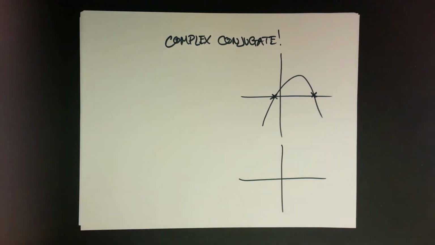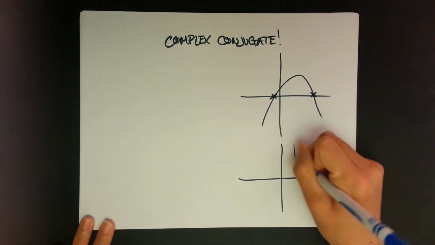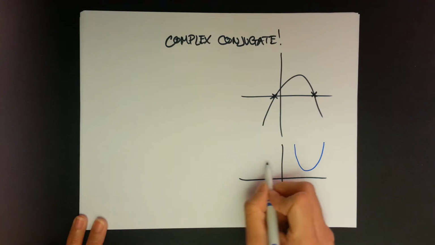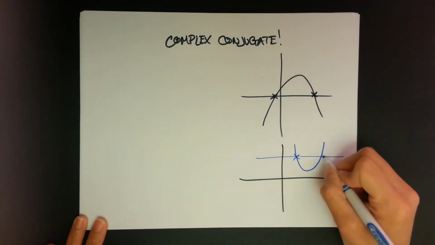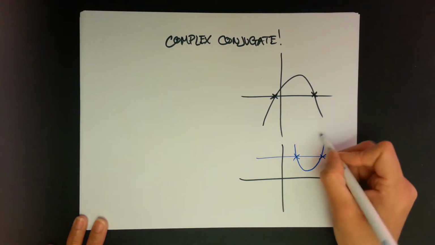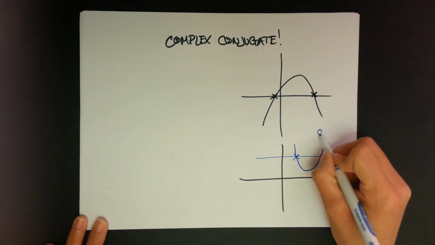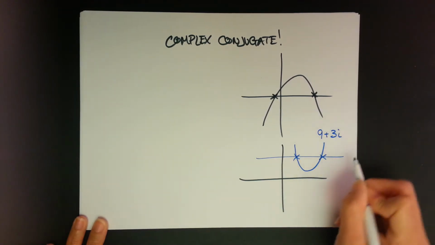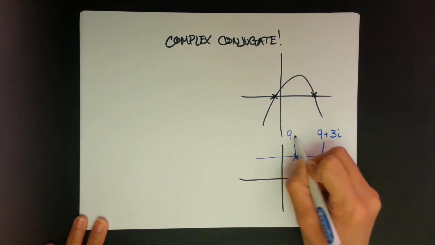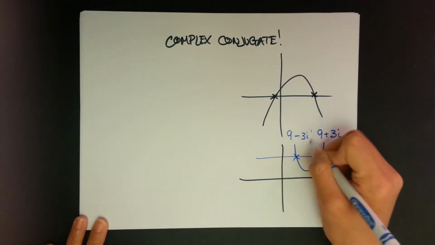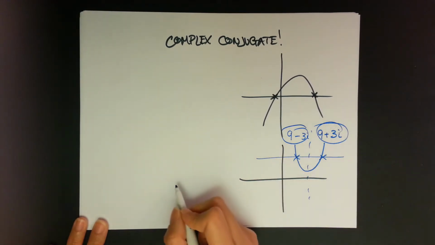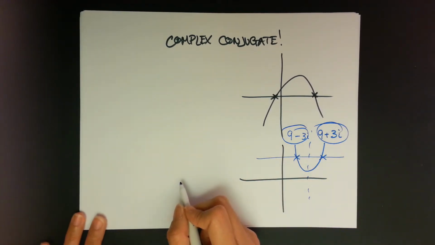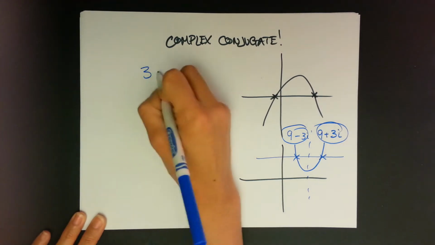So even if you had something that was imaginary, and again, this is only kind of a visual representation of imaginary numbers, you should know that there's always going to be a pair. So if there's, let's say, a 9 plus 3i, there's also going to be a 9 minus 3i, right? So always realize that there's a complex conjugate, in other words, the pair, and you always do that by